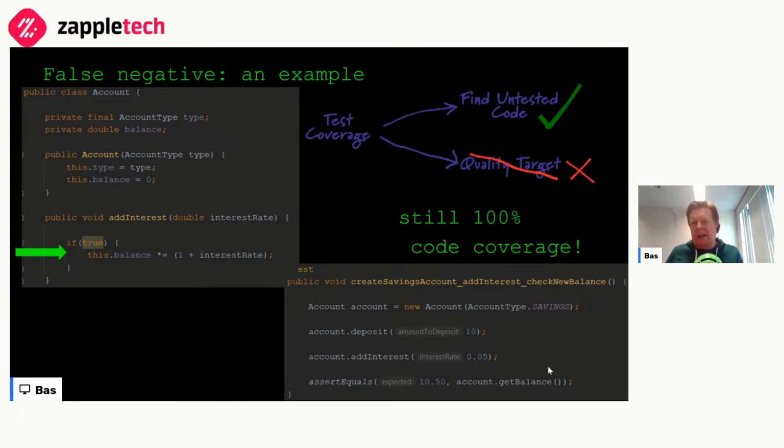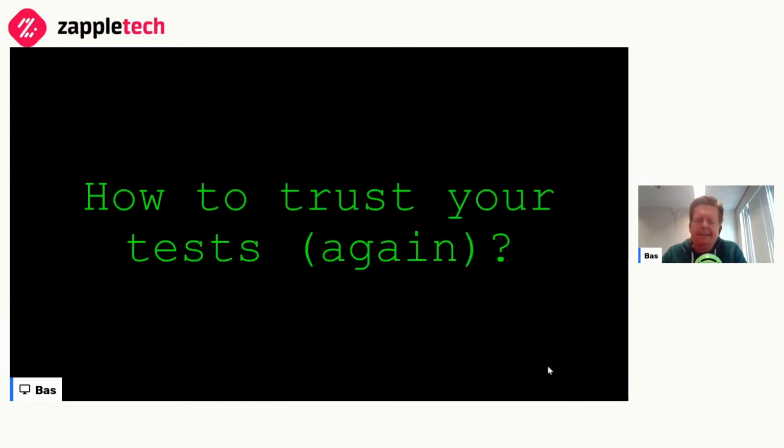It's a great way to identify code that has not been tested or has not been exercised by any kind of automated test yet. As a quality target in and of itself, as a means of talking about the quality of the testing that we do, it's pretty useless. And I hope this example, again, it's very simplified, shows you that this is probably not a good way to talk about the quality of our testing.